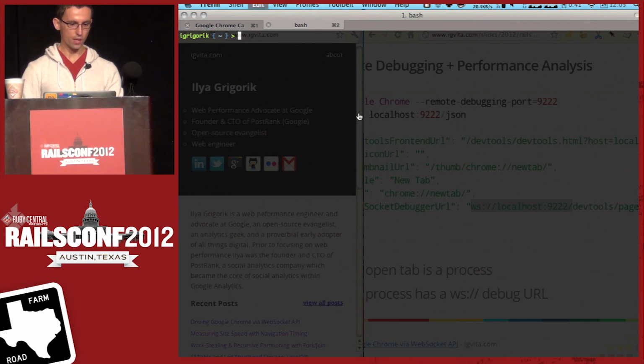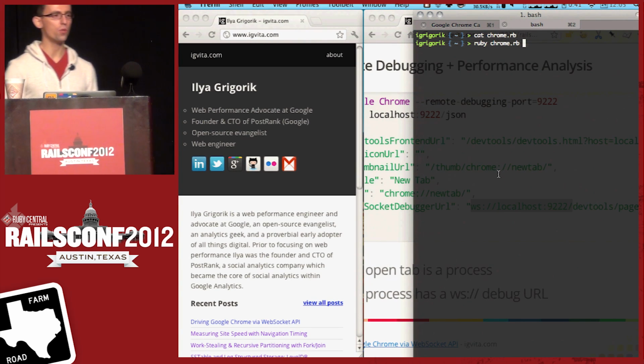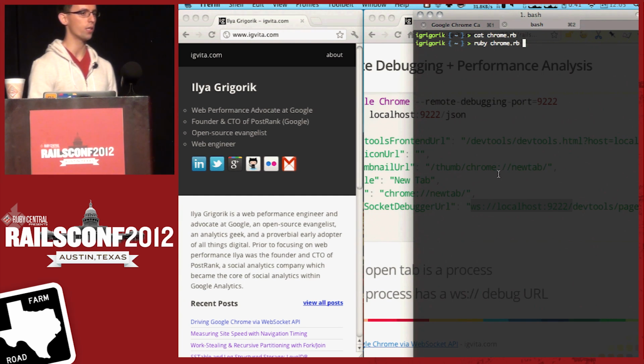So I have this script which I'll run. And what it's going to do is connect to this browser that I'm running with the debugger. It's going to tell it to actually go to Twitter and search for RailsConf. And it'll just dump a whole bunch of networking data instead of printing it to the screen or laying it out in DevTools. So